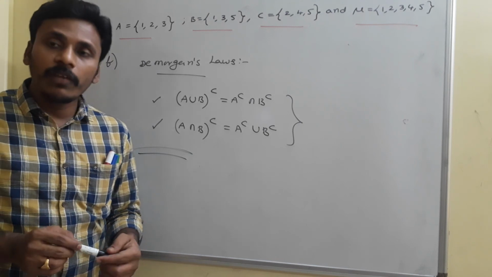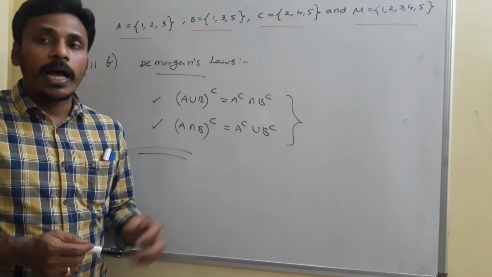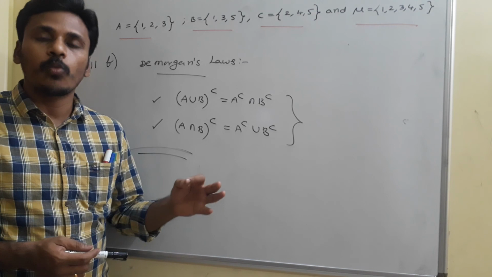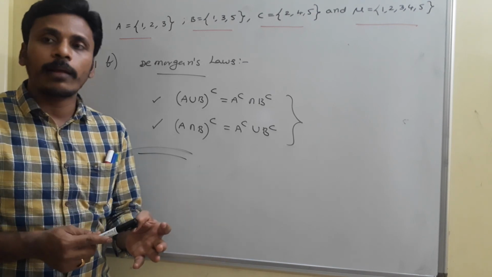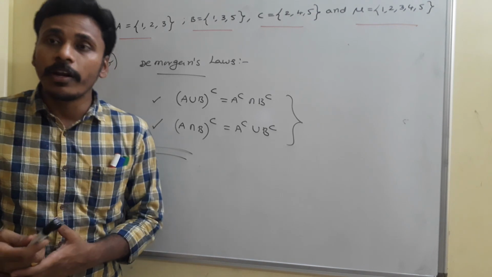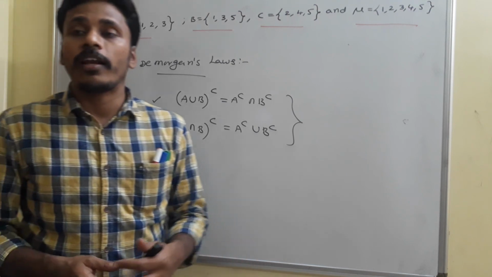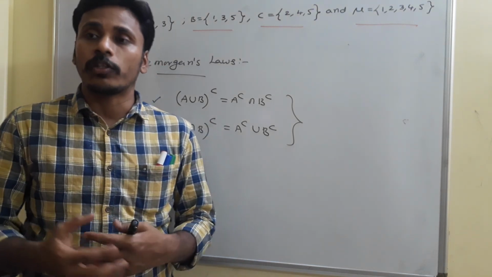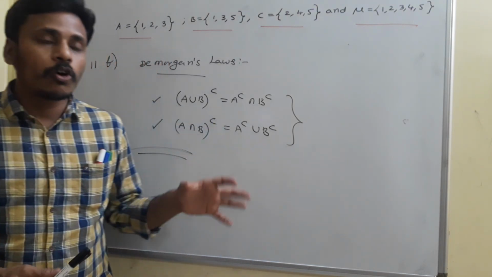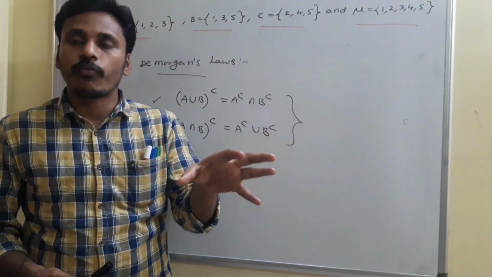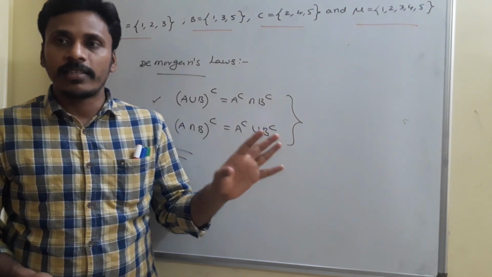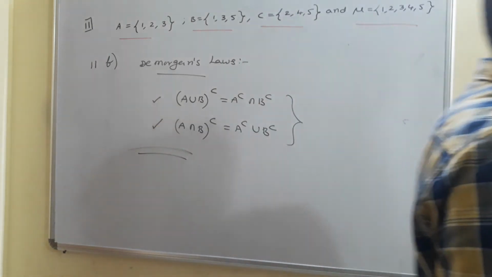See, there are many ways to prove the laws of sets, and listing the elements with an example is one way, and using Venn diagrams is the other way. Using the elementary definition is another way. So there are different ways to generate and prove the laws of sets, and here we observed the laws just from an example. Is it clear? Just have a look. And that's for today's class.